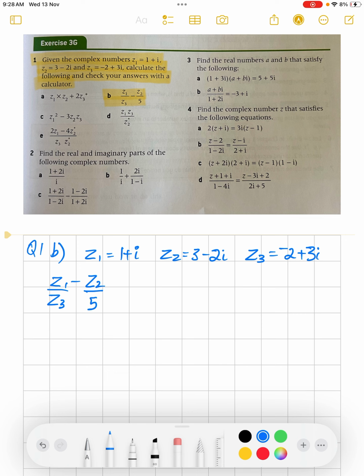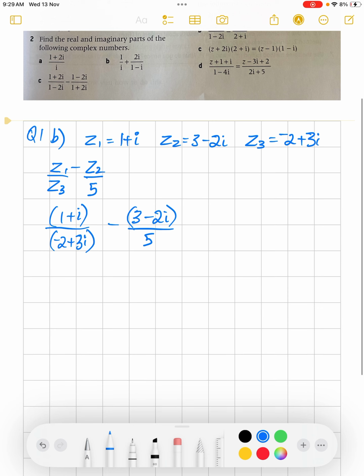All right, so let's substitute. Z1 is 1 plus i. Z3 is negative 2 plus 3i. Z2 is 3 minus 2i over 5. Now, we've got this divided by a complex number. What we're going to do is take that fraction 1 plus i